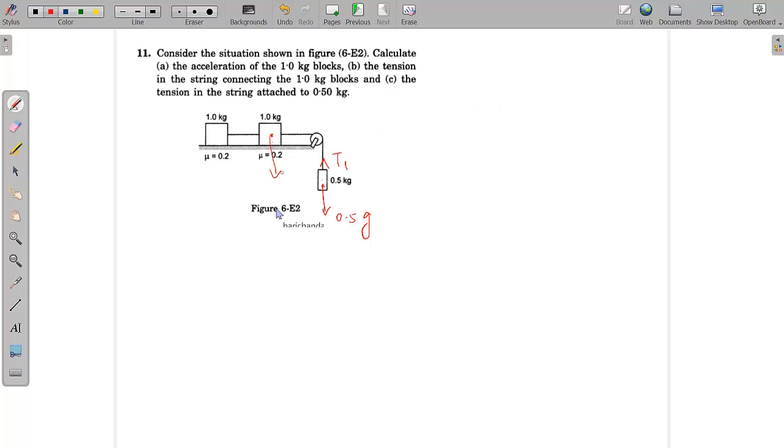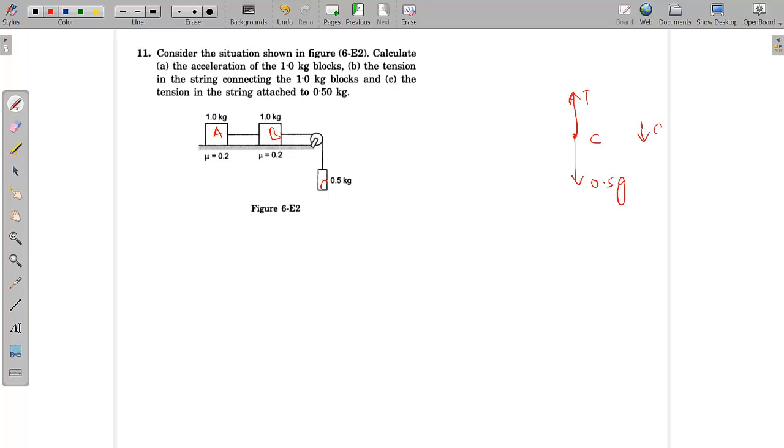So it is 1g downwards, N upwards. This tension will be here and friction force will be here. That will be equal to mu into 0.2 into N, and this is the maximum value which it will be having. And there is also one force now, this tension. Let's say this is T2. Let's see it from the beginning. Let's say this is a, this is b, and this is c. So the 0.5 kg block, let's draw the free body diagram. Okay, so this is c. What are the forces acting? 0.5 g and a tension T1 upwards.